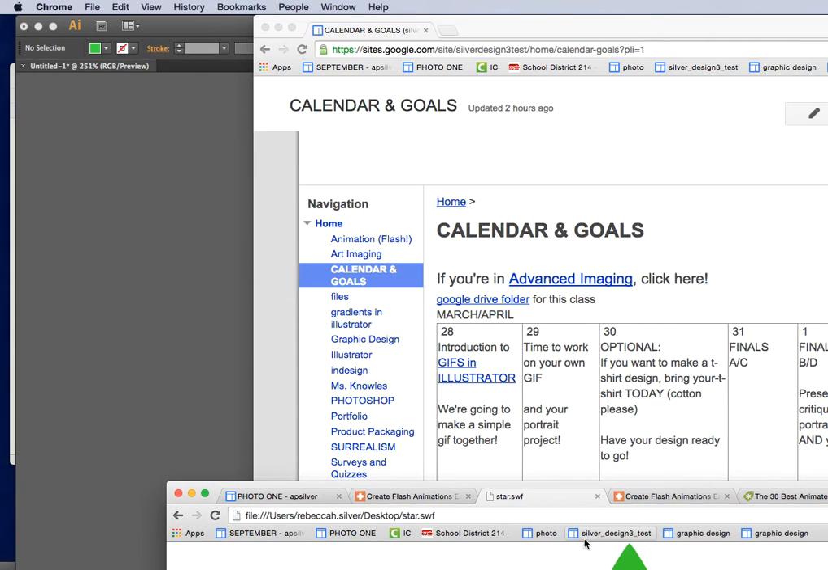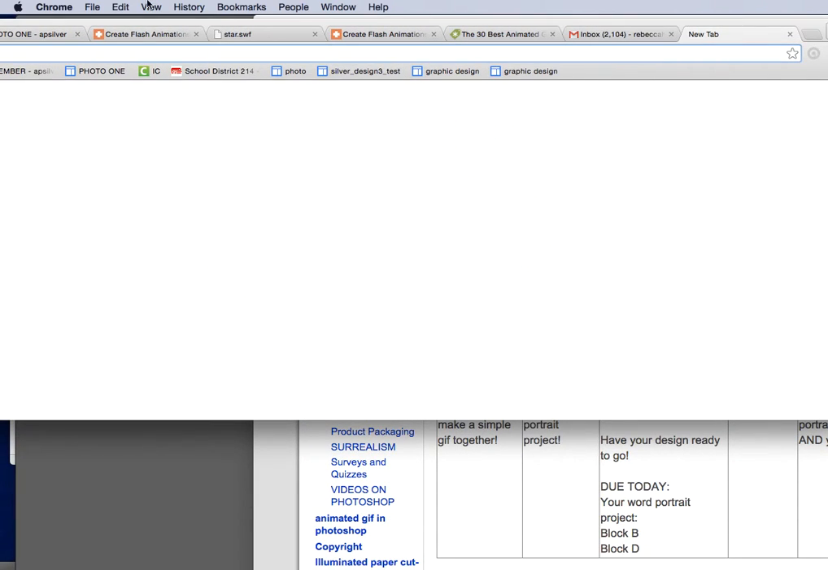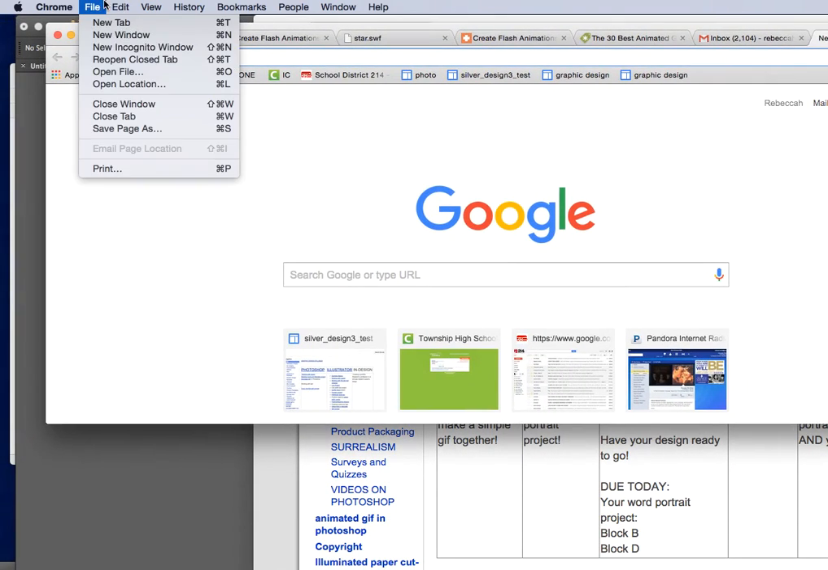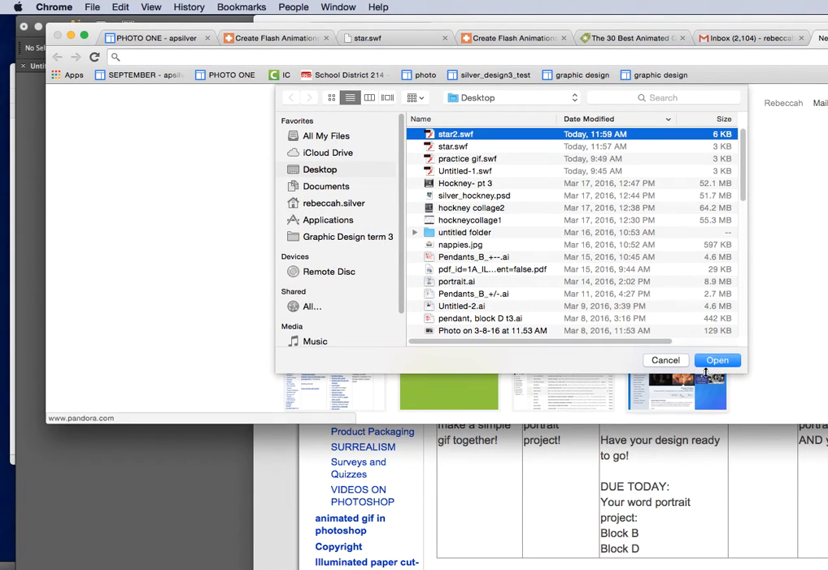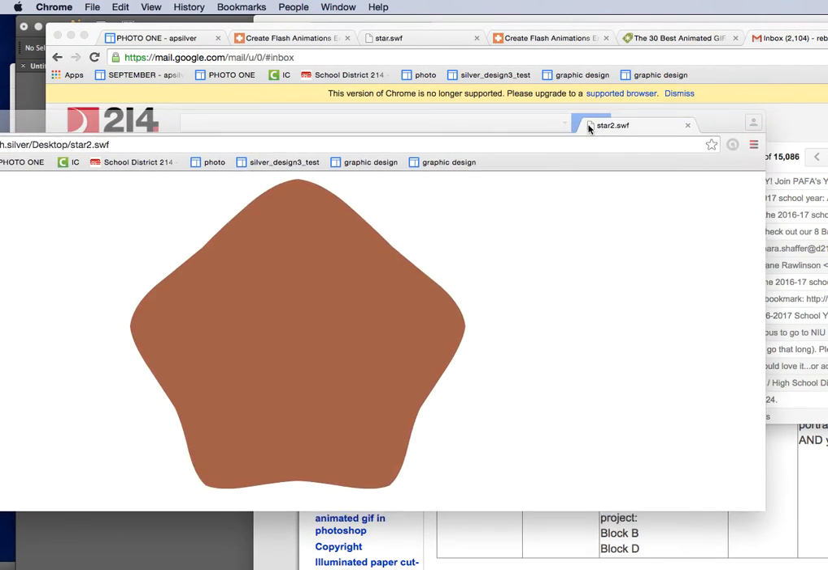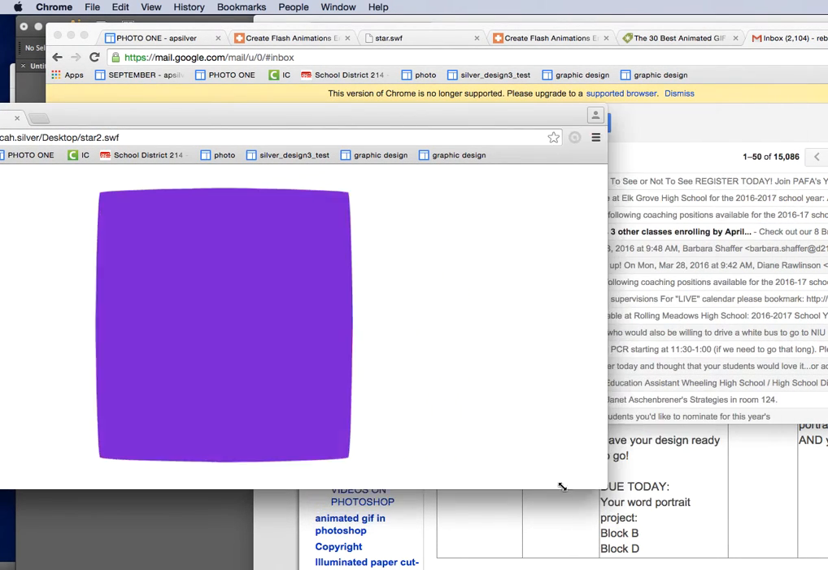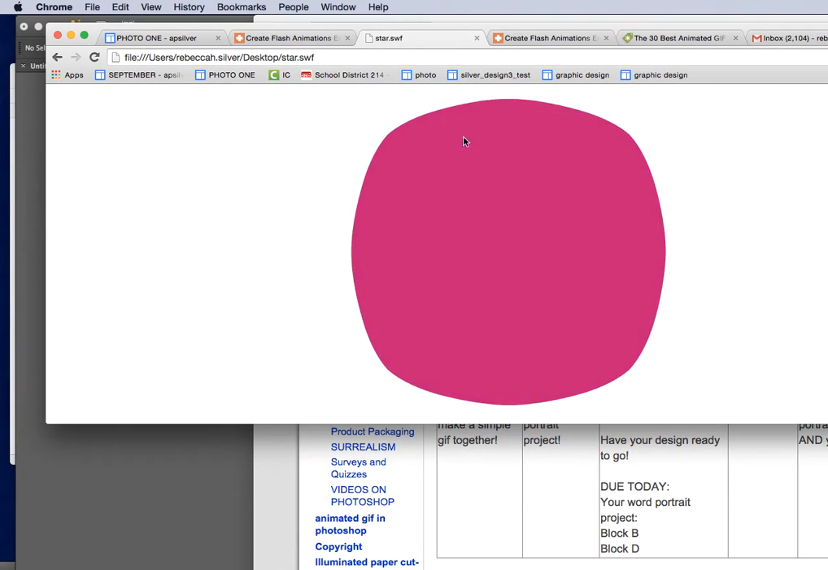Now, this is the first one. That's the star, Swift. And if I go ahead and open up, open file, star 2, open. Okay. And let me put these next to each other so you can really see the difference between them because there is a tremendous difference. I'll shrink them down so they really,